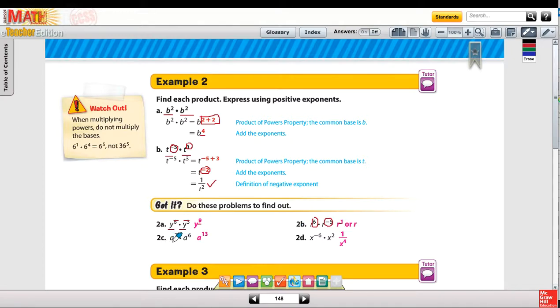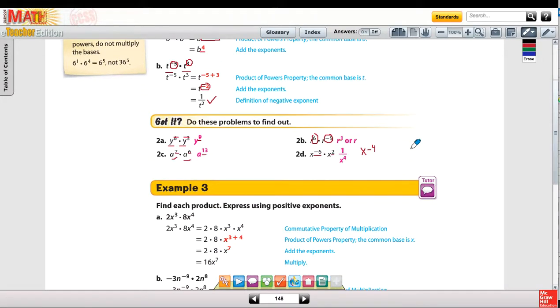In 2c, a to the 7th, a to the 6th. 7 plus 6 is 13. And finally, 2d, negative 6 plus 2 is negative 4. And so x to the negative 4, we're going to write that as 1 over x to the positive 4. There's a video tutor that you can watch if you like. And we're also going to do a lot more problems to practice this concept of multiplying powers with the same